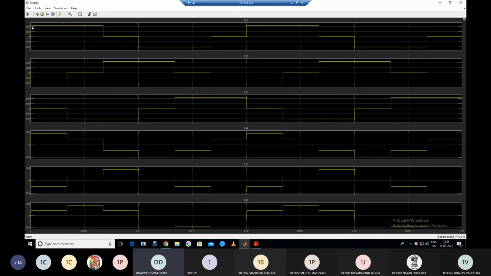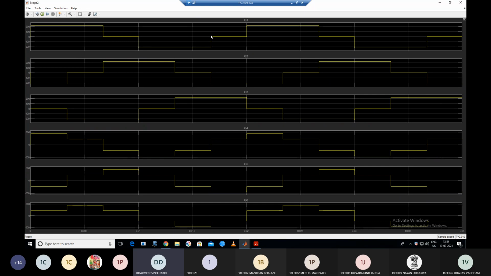In the waveform, you can see 225 between 0 and 120. Clear? And then between 120 and 180 you get zero voltage. That is phase A. Then between 180 and 300 you get minus Vs by 2, which means minus 225. And then between 300 and 360 you get zero voltage. Check it. Clear, all of you?